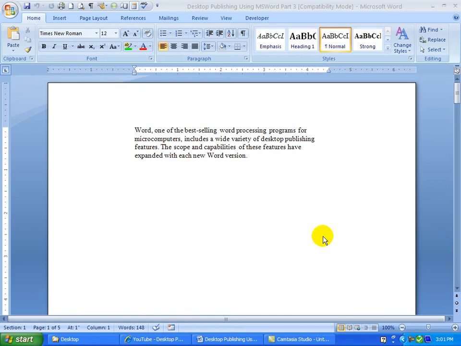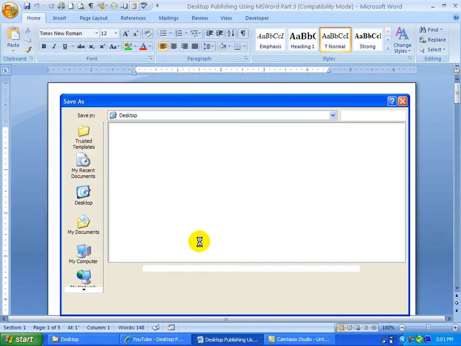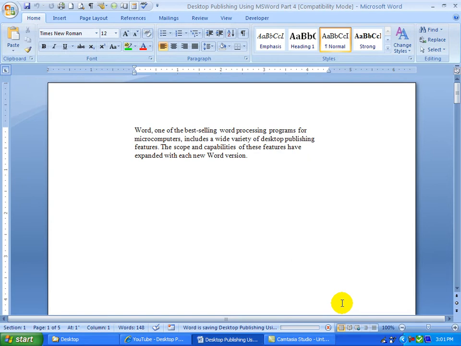This is part 4. I'm going to do a file save as. Save this as part 4. And this particular demo is going to show step 11, how to adjust the center and right tabs for the